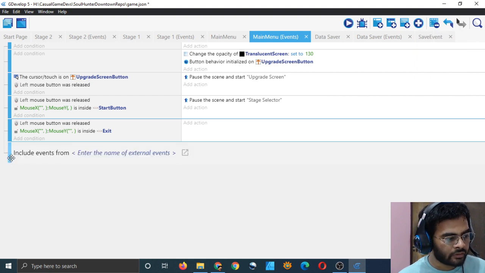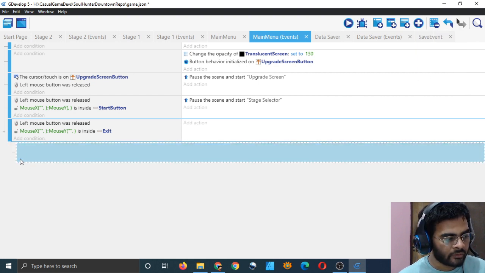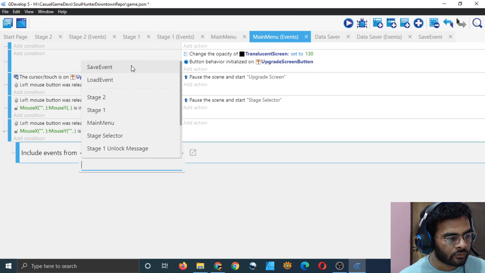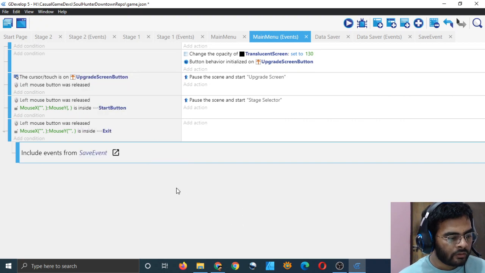I will shift this over here so that it becomes a sub event of my mouse click event, and here I will just choose save event. That should work, even though my save event is not linked to this scene.